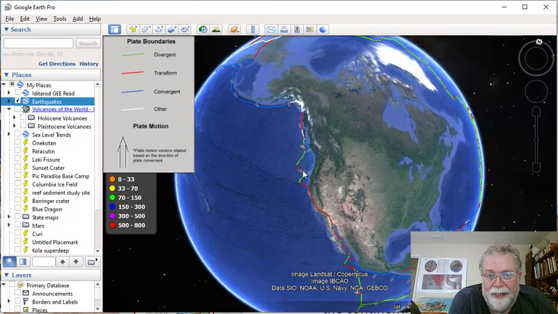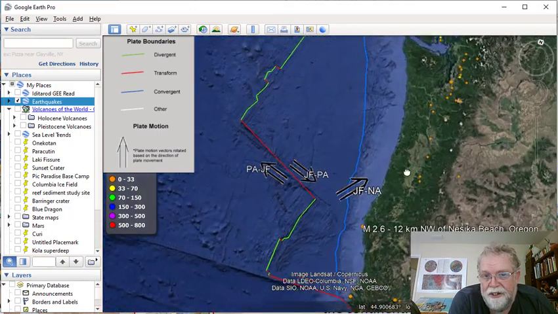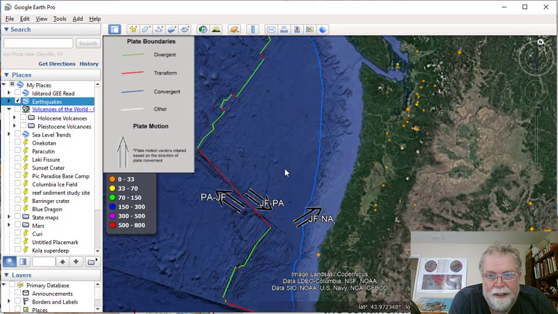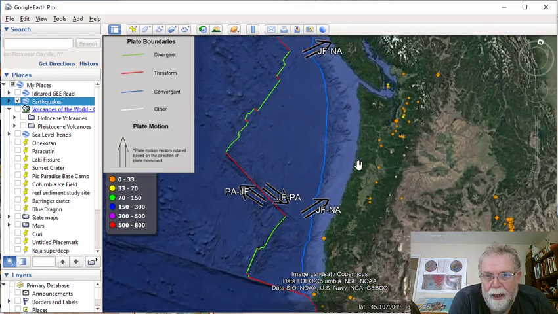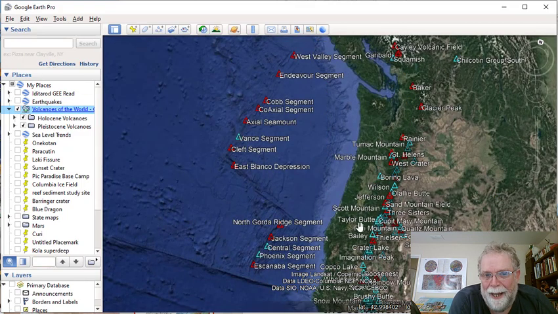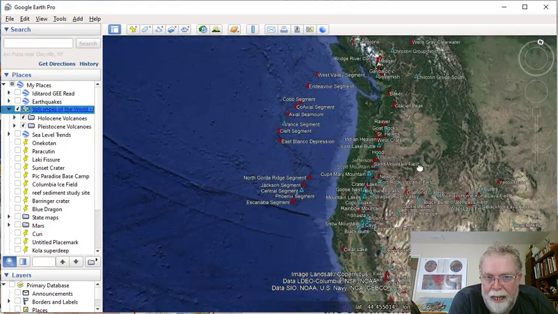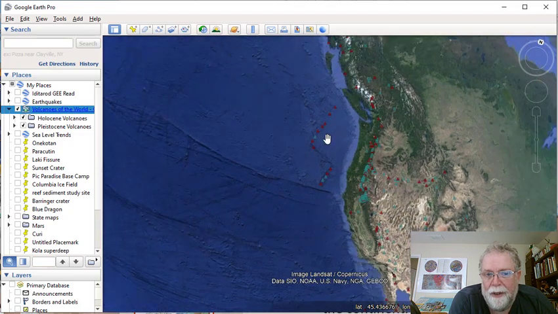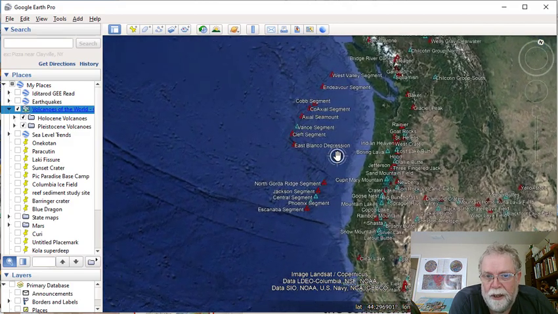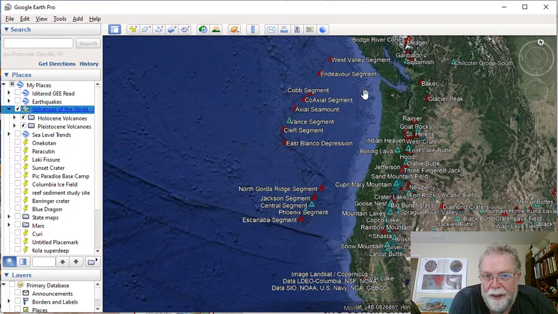Now, we don't need to go all the way down to South America to see this. The earthquakes here aren't as well arranged as they are in South America. So let's get rid of that. But we can kick the volcanoes back in, and we can see our Cascade Range here forming as the Juan de Fuca plate out here, a little plate off the coast of the Pacific Northwest, off the coast of kind of Northern California, Washington, and Oregon, named after the Juan de Fuca Straits right there. As the Juan de Fuca plate out here gets pushed underneath North America,